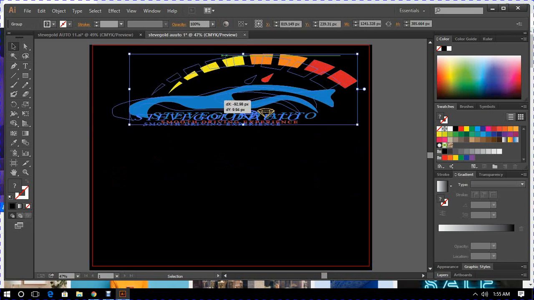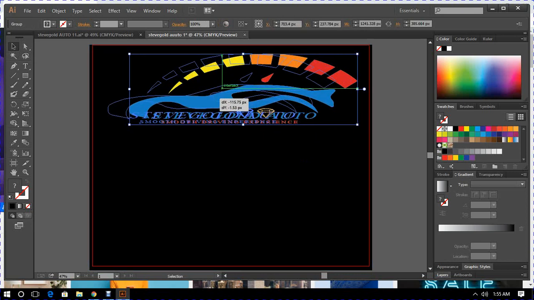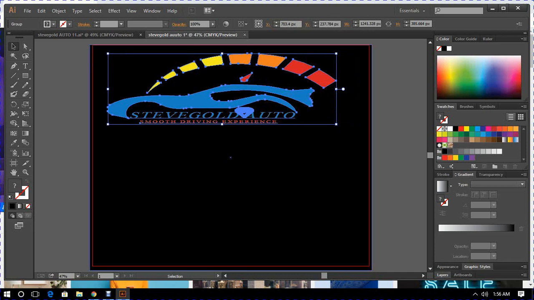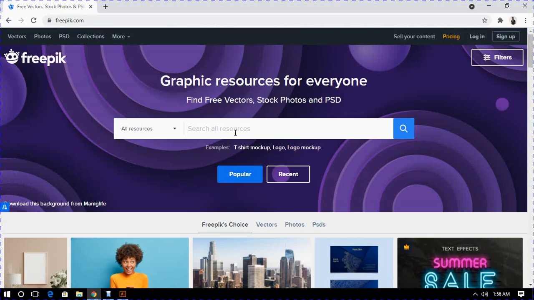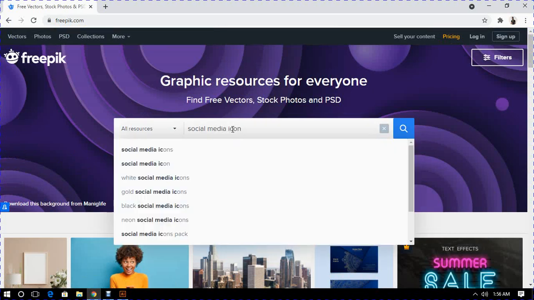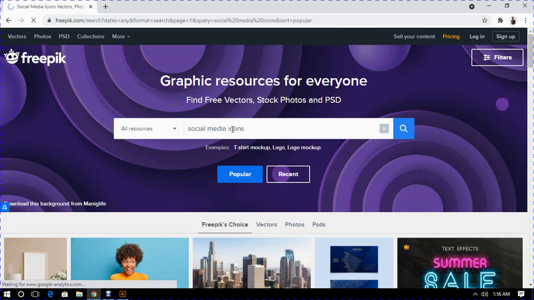I will need to put in the social media icons such as Facebook and the rest. So all I need to do is come over here to my Freepik and type social media icons, then search for it.